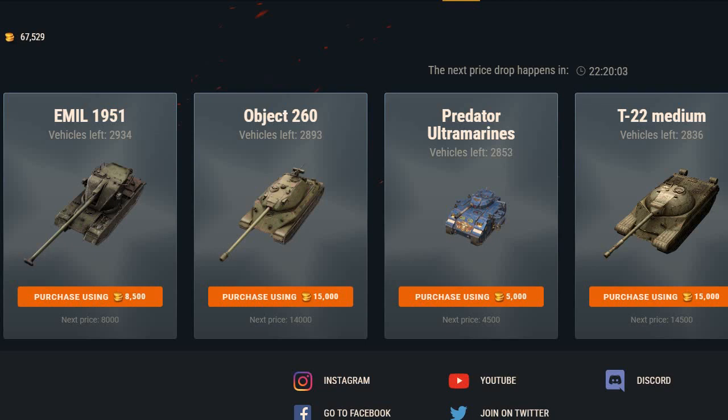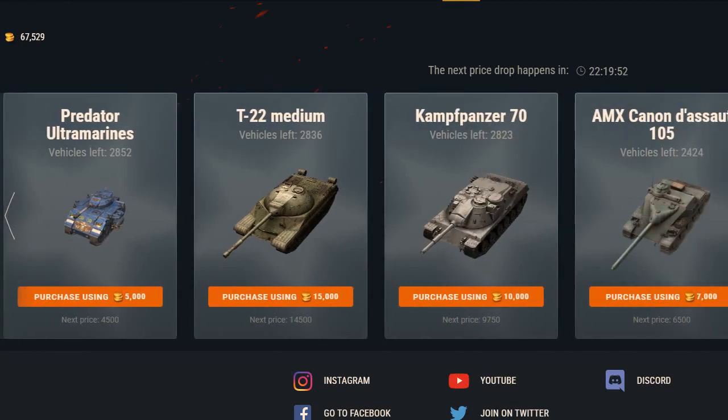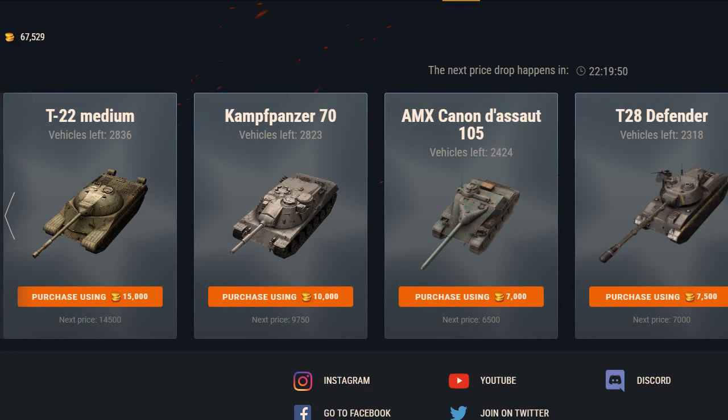It's a very competitive tier 10 tank. Not the easiest to play for newer players, but the armor will get you out of trouble a lot of times. And what else do we have? We have 3 other tanks. The Compounds, the 70,